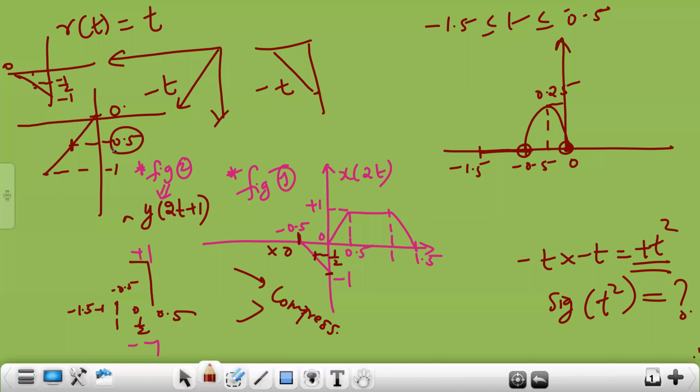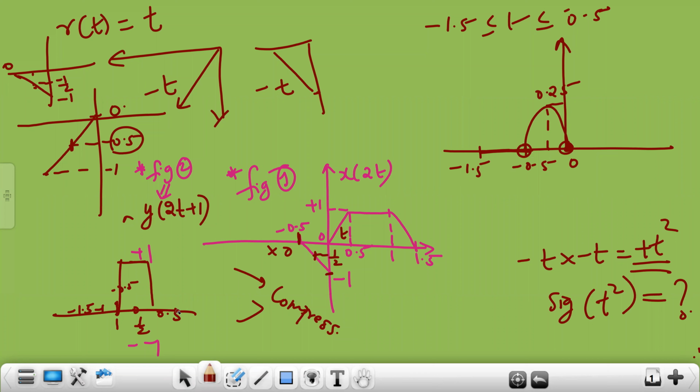Now come to after 0. Is there any signal after time t equal to 0? Come to 0 to 0.5 case. During 0 to 0.5, you have 1 in both cases, isn't it? No, 1 in 1 and what is the other signal that you have? T. This is T, isn't it? The other one is having 1. This is having 1. So 1 into 1 into T is again T.